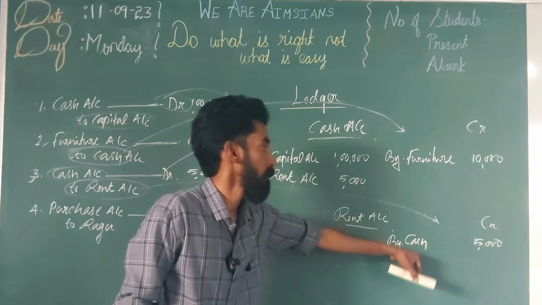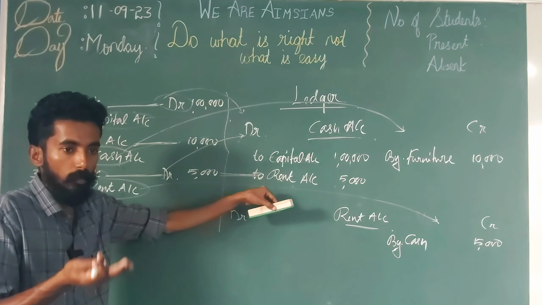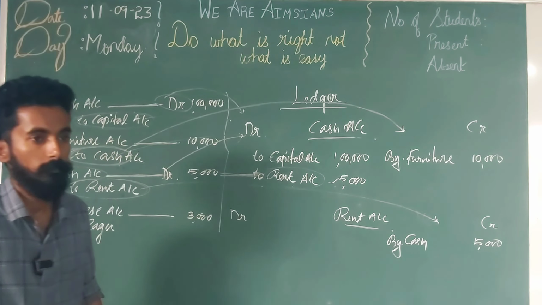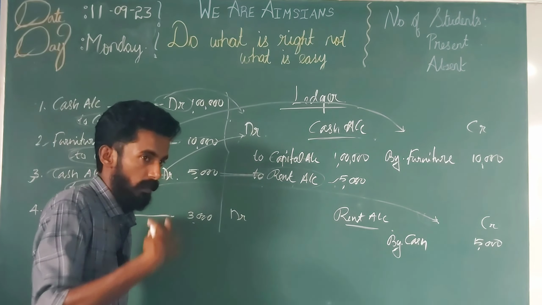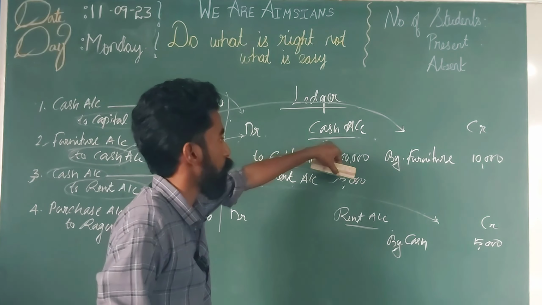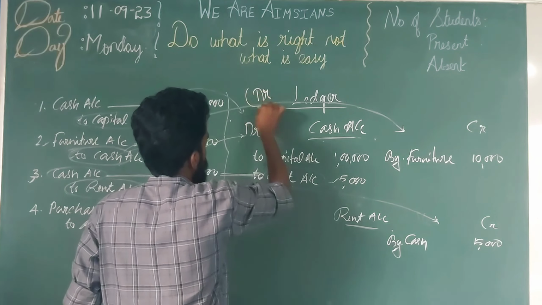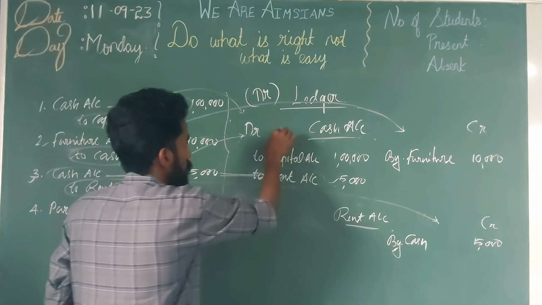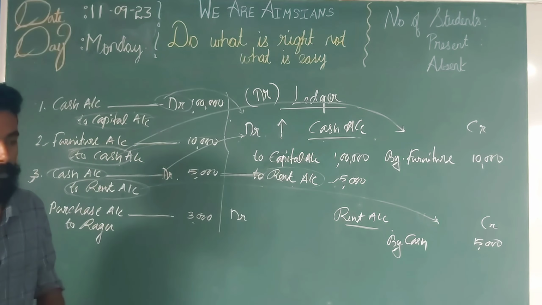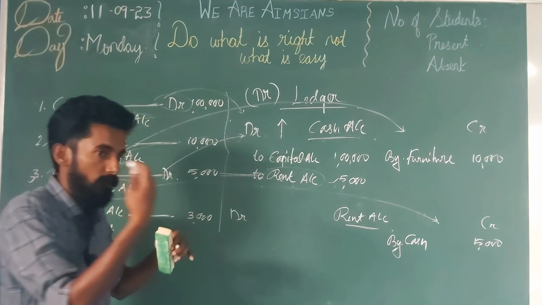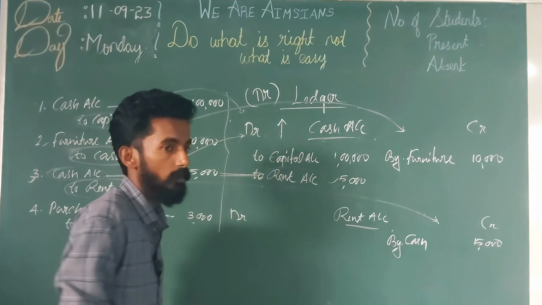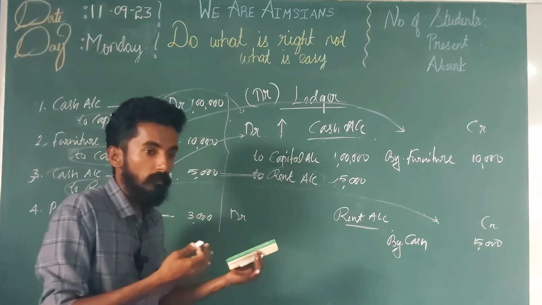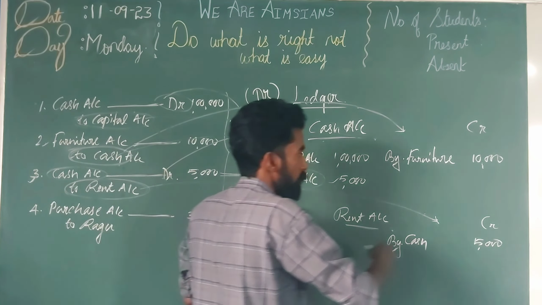Rent account, cash will come; cash account, what will come? Rent will come. Then only we can understand. See, through rent we have already received 5,000. Debit what comes in, cash is coming into the business. Cash account shows which balance? Debit balance. So if you are going to receive, or if you have already received 5,000 rupees, the cash account balance will increase. After looking into this account, we can very clearly understand how we are receiving cash, what are the ways of receipts of cash and what are the ways of payments of cash.